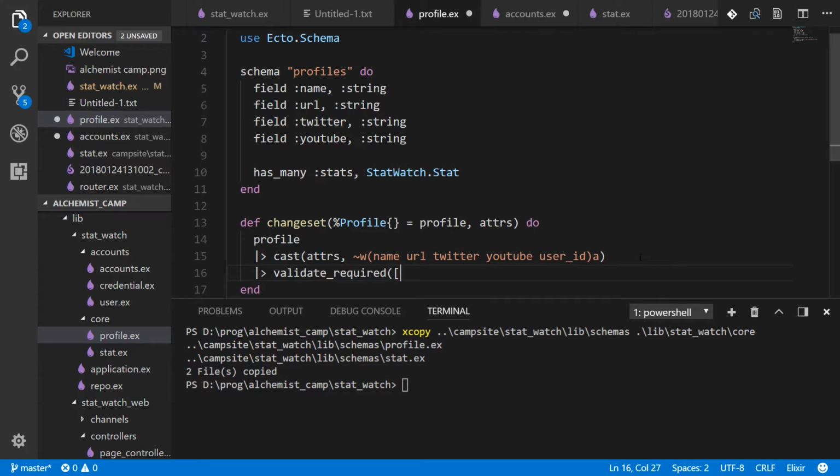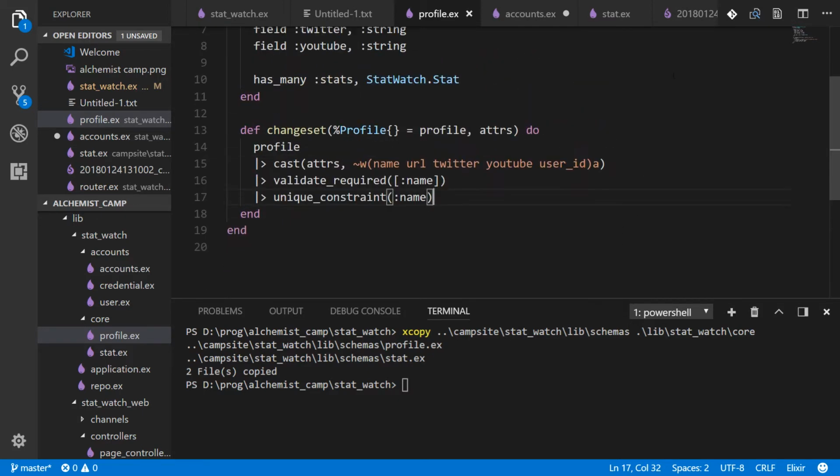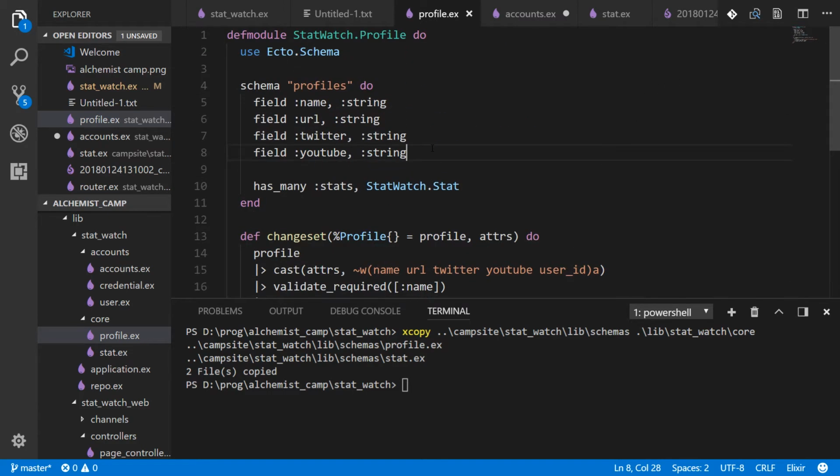And we need name, actually. There isn't anything else that's required in profiles. The name has to be unique. That should be sufficient. So each schema, which is just a set of profiles you want to log stats on,